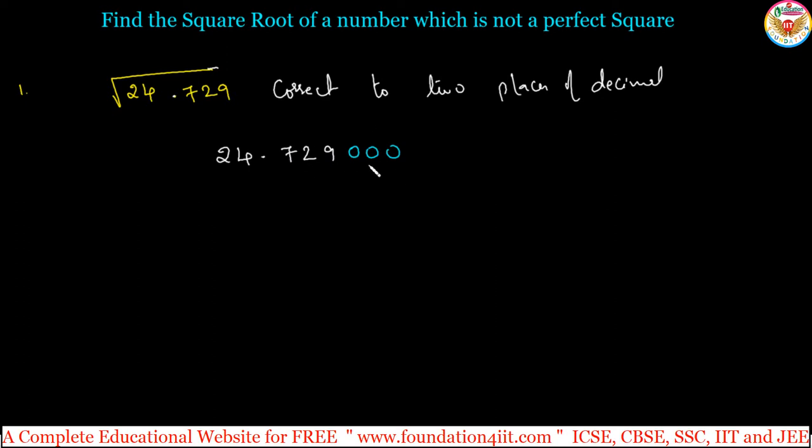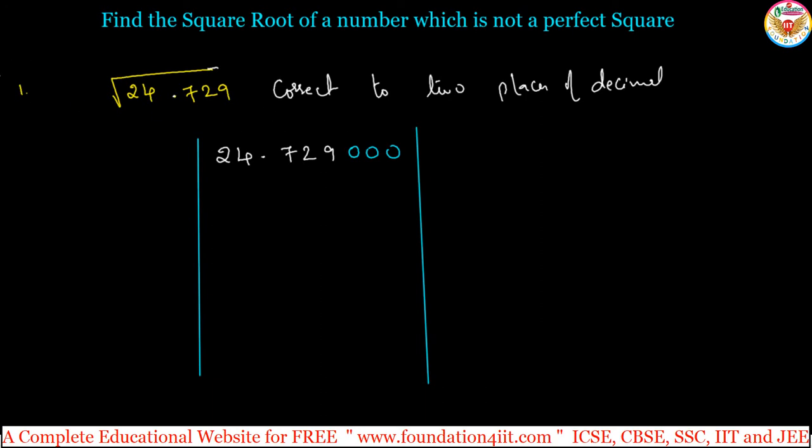After the point there should be 6 decimal places. You only have to find the answer correct to 2 places of decimals, but we have to go for 3 places of decimals. Then based on the third decimal, we can correct up to 2 decimal places. So whenever they ask for 2 places of decimals, take the 3rd decimal place and make it a double number, so after the point 6 digits. Now for this we need to find the square root. The same division method will apply. Let us see how to do it.